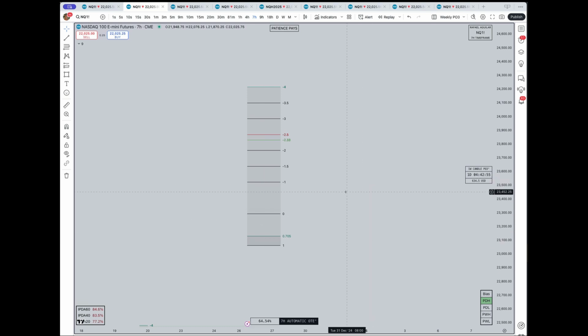Imagine the price is here right now, and you don't know what's going to happen in the future. You can just measure the past. So if you measure the last swing low and show this fib to you, the first rule,